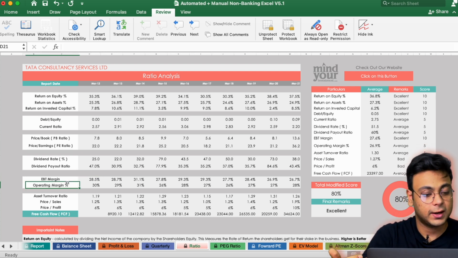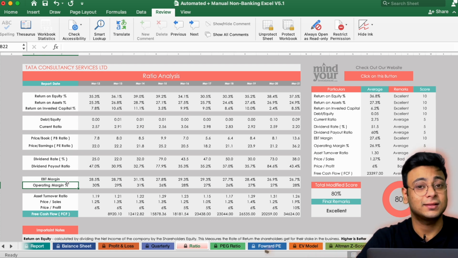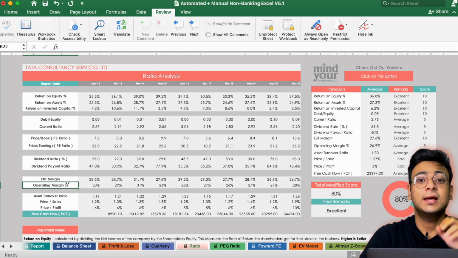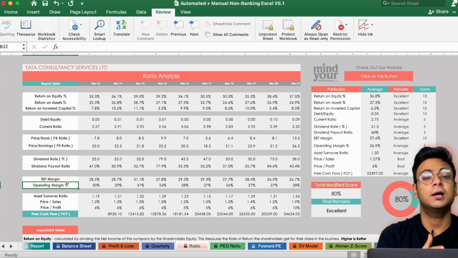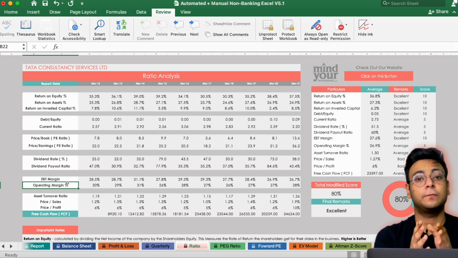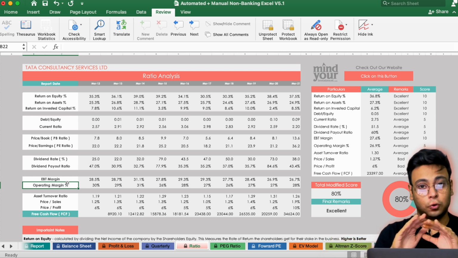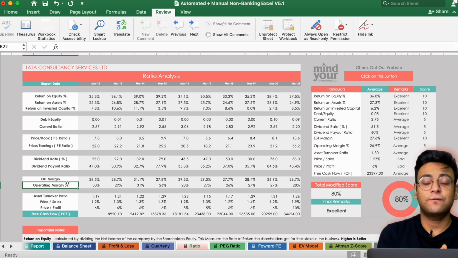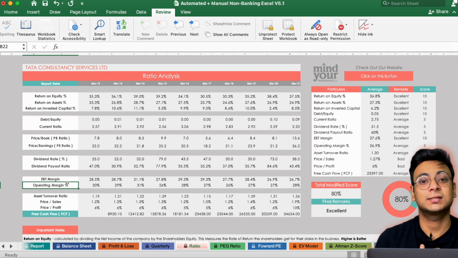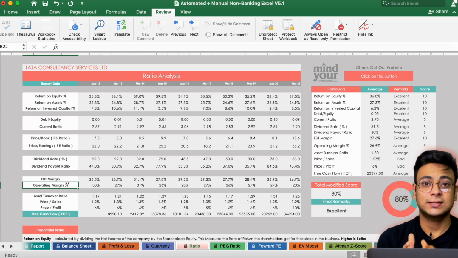Then if we talk about operating margin of the company, it has always been above 25% in this company, which is a sign that the company is doing very well. If the operating margin all of a sudden drops below 20%, that would be a bad sign. A company should have stable operating profit throughout all the years, and rather it should increase. That would mean the company is doing very well, where it's reducing its expenses and increasing its revenue. This ratio tells us about that.